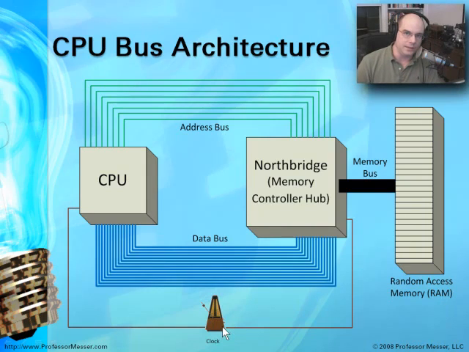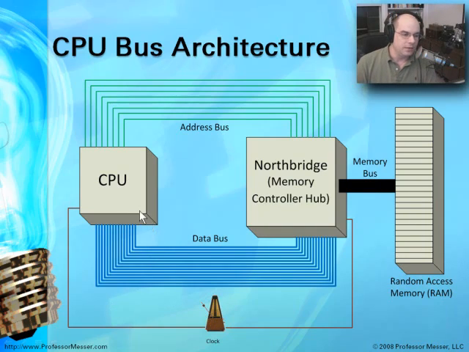Another piece that I put into this diagram is a clock, and I put a picture of a metronome. If you've ever sat in front of a piano or worked with music before, you know that a metronome is there to keep a constant rate so that all of the systems that are inside your computer all are running across the same clock. And so the CPU sends this information, it knows when to request, and it knows when to expect to receive information, because the clock is keeping time for everything that happens to be